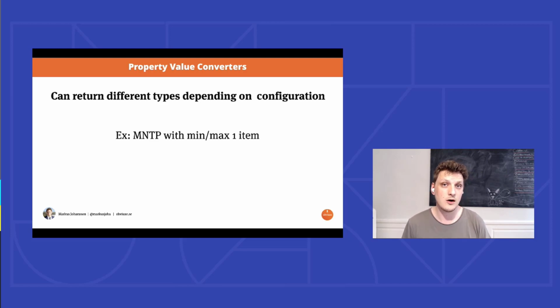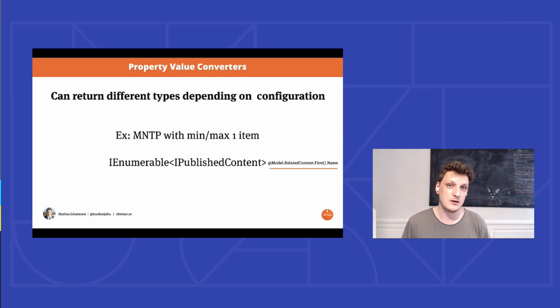This means that we know that we're always going to have at least one and a maximum of one item selected. The core property value converter will still return an IEnumerable of IPublishedContent. So in our views or in our controllers, we would have to go model.RelatedContent.First().Name, even though we know that there's just one item. But it would be possible to just return IPublishedContent in this scenario and make it possible to go